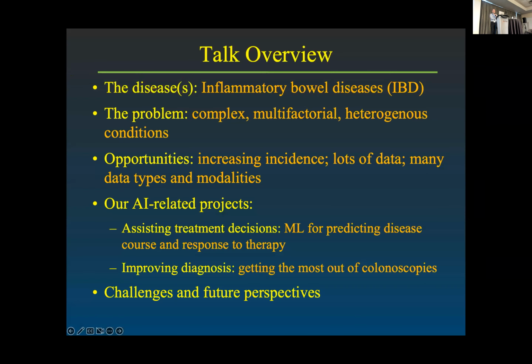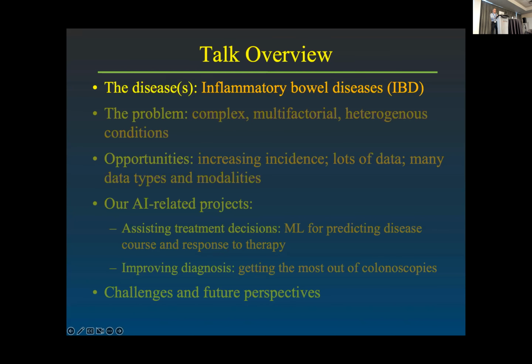So I'm going to start with a very brief explanation on what inflammatory bowel diseases are, and the S in diseases is very important, and I'll make that point later on. I'll talk a bit about some of the problems that we have as clinicians and researchers in this specific area. I'll discuss some of the opportunities where I think that AI might be able to fit in. I'll then discuss two projects which are at very, very early stages, and in contrast to the two previous talks where we did see data from their work, we're not really at that point yet. So we're just starting to build this, and I'm hoping to stimulate some discussion around that, and I'll end off with some of the challenges and future perspectives.